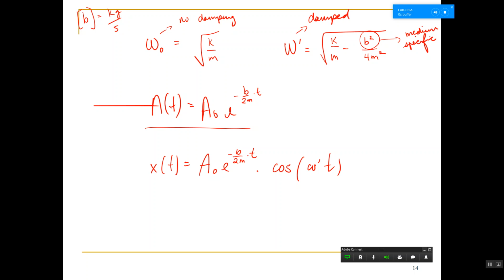Position. Remember we had it before, x of t is A cosine omega t. This is the same. It's really like where is it in this up and down space. There's no friction here. This is really just from the resistance of the medium. Okay, and that medium is described by b.